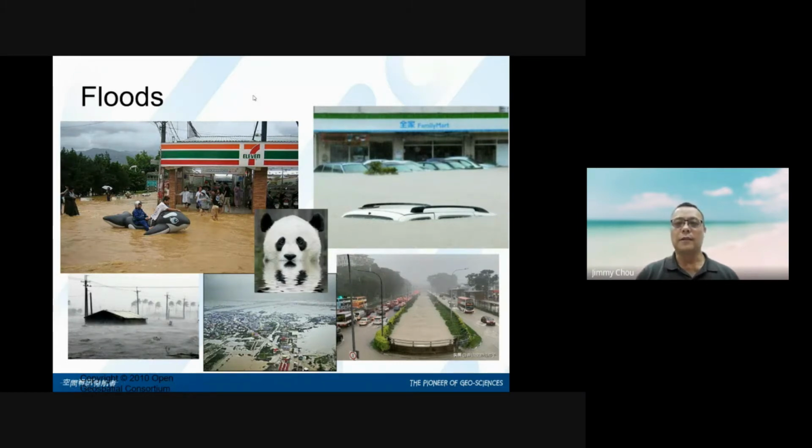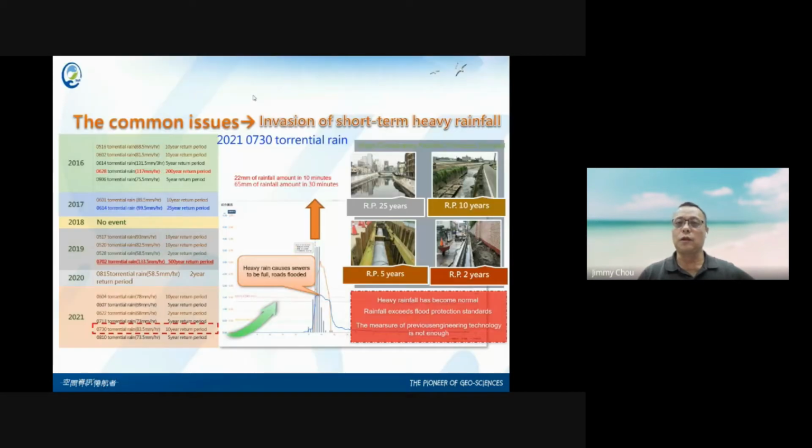So that's one of the very serious problems in Taiwan. So how can we apply very up-to-date technology in dealing with this kind of natural disaster issue? That's what I'm going to introduce to you this afternoon. So we have to analyze what caused this kind of problem in Taiwan,